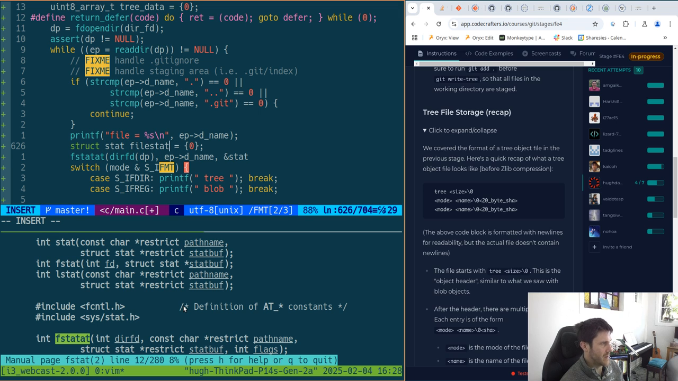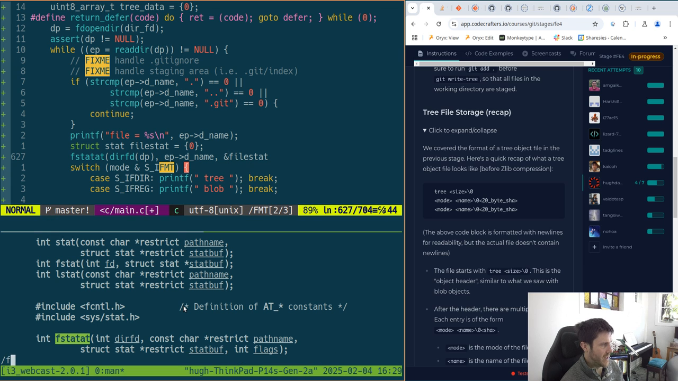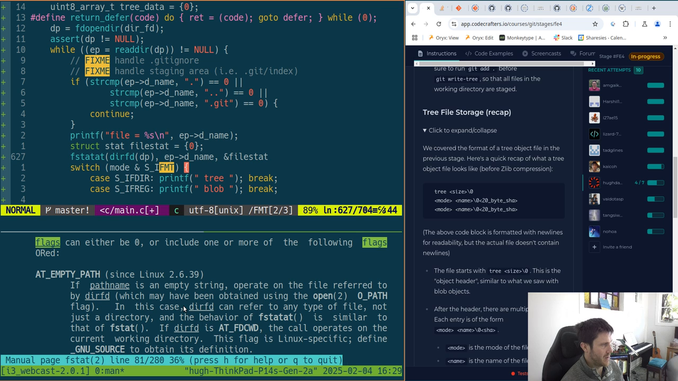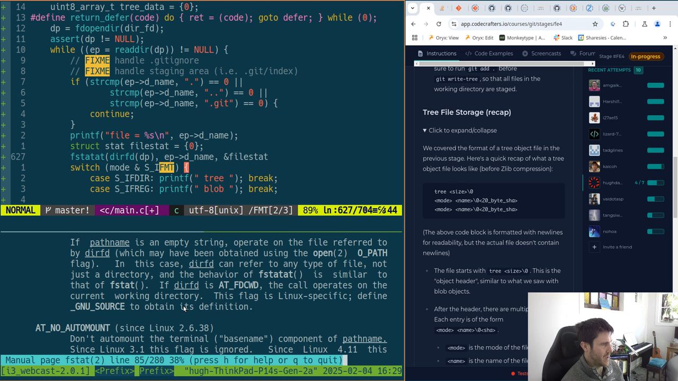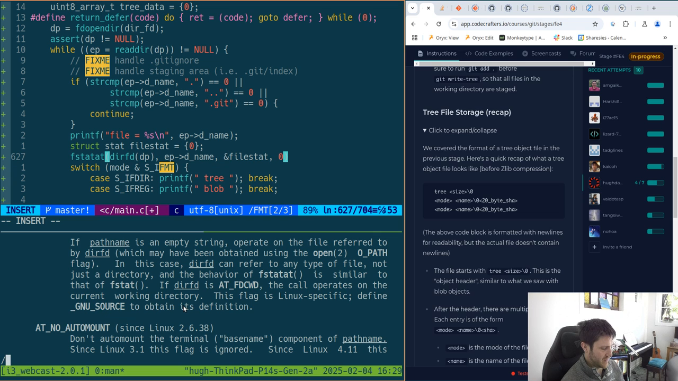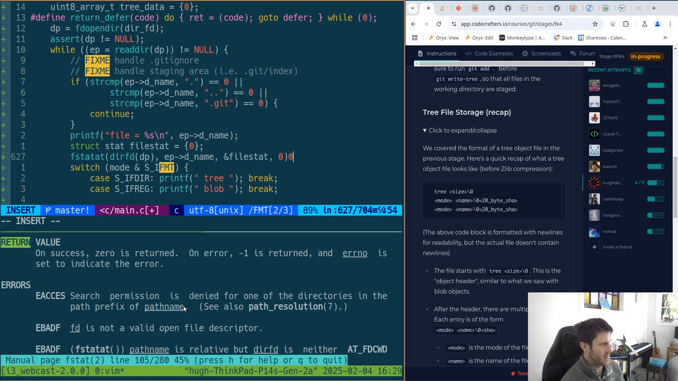We can call it file stat, maybe, and the flags, I forget, we can just call that with 0 flag. So what will this give us? This will give us probably some return values. Right, so maybe we just want to assert that this equals